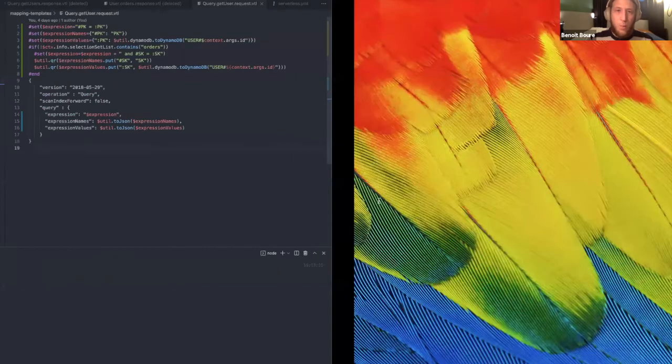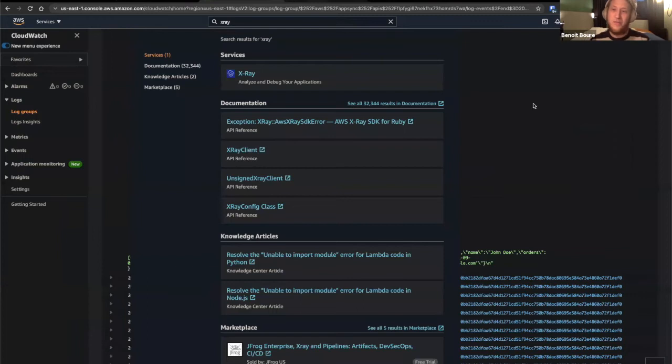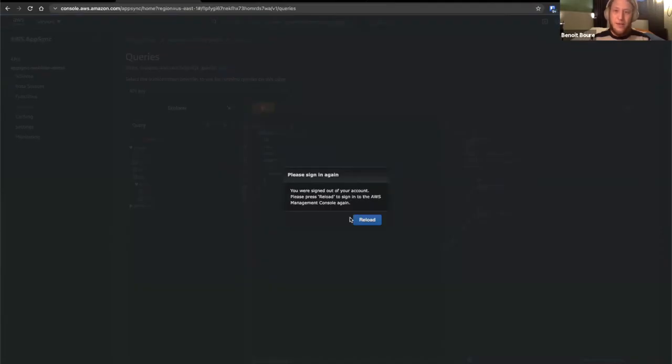Now, one problem with that, and this is actually one of the first traps that one can fall into, is